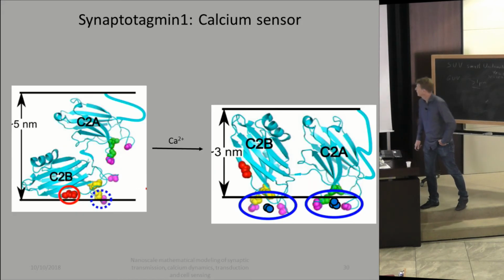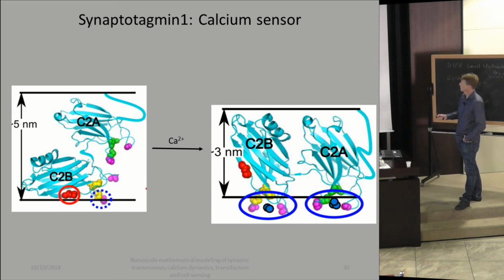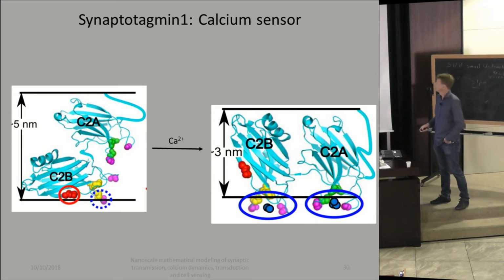And synaptotagmin, since I'm going to talk about it, is a calcium sensor. It has two domains that recognize calcium. Initially, it's bound to the membrane probably only, but maybe it's more complicated, by what's called the polylysine patch, because the plasma membrane is negatively charged. So the polylysine patch is positively charged. It's just electrostatic interaction. There are loops here that are hydrophobic and get inserted when calcium is bound to the C2 domains.